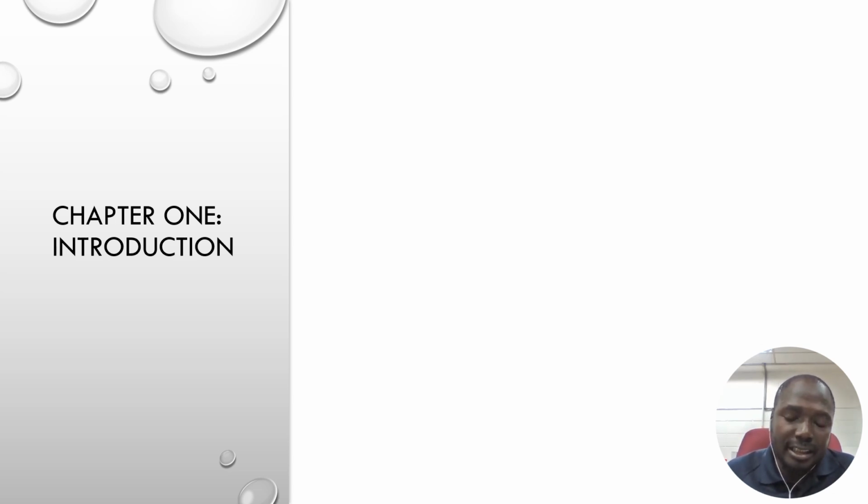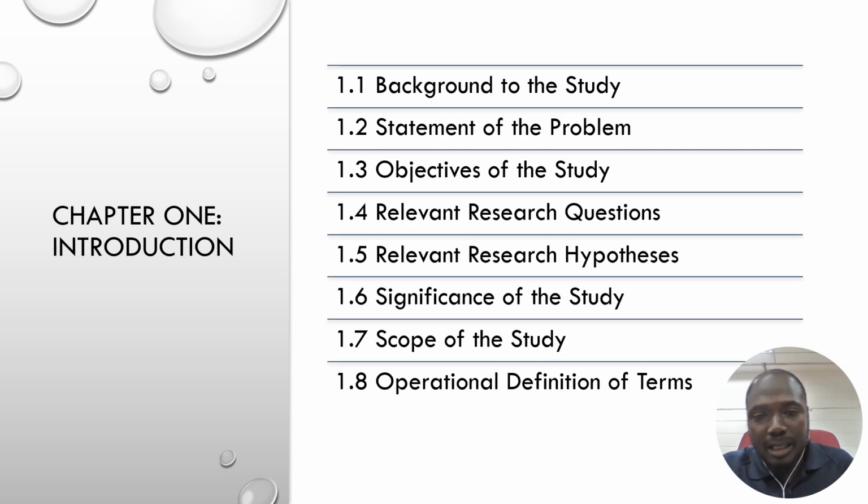So let's look at each chapter and what is expected in each chapter. In chapter 1, we look at the background to the study. Some of you will be writing background of the study. It's not background of the study, but it's background to the study. In the background to the study, you take your topic. For example, you are talking about liver cirrhosis. So now you tell us what is liver cirrhosis in the